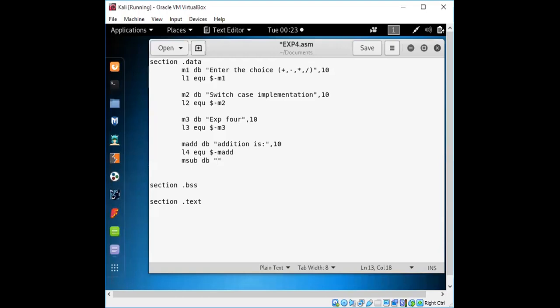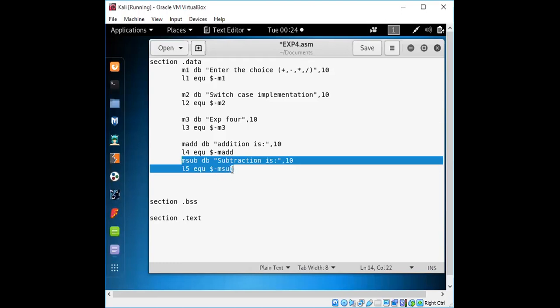So this will be for addition, similarly it will be for subtraction. That will be, let's say, the fourth. And similarly applicable for multiplication. So we'll just leave this part.